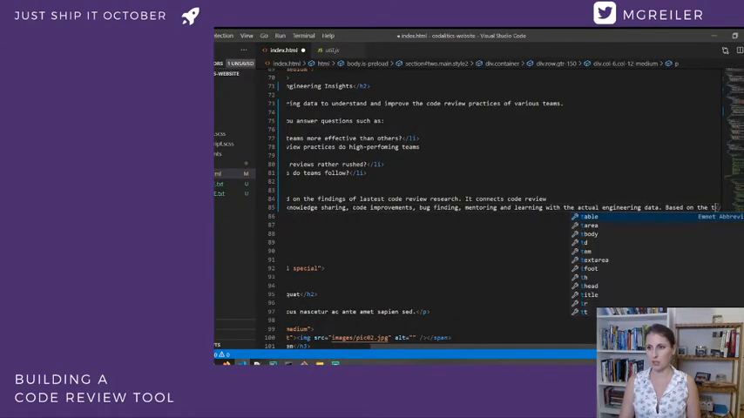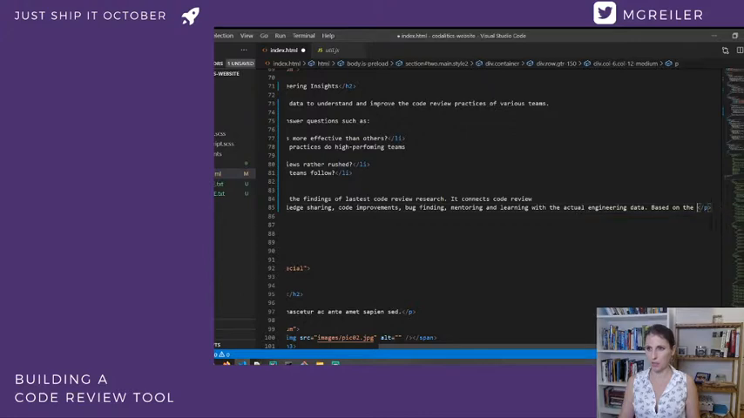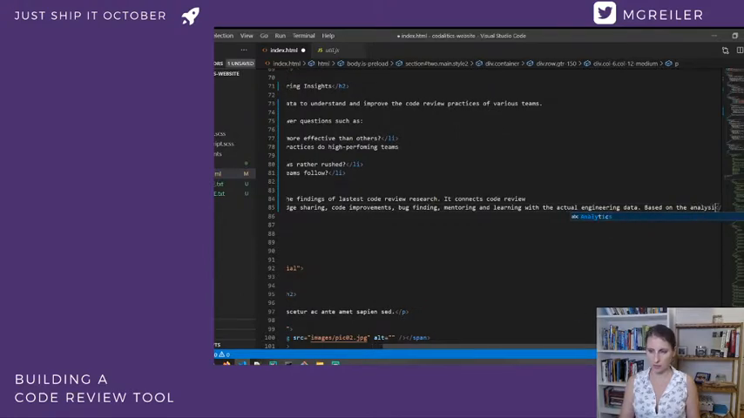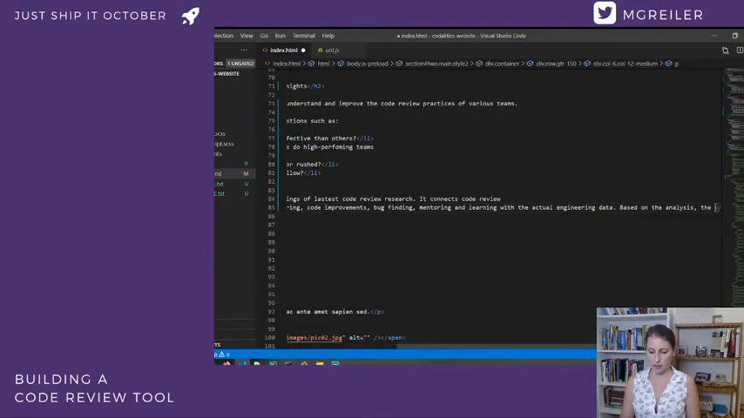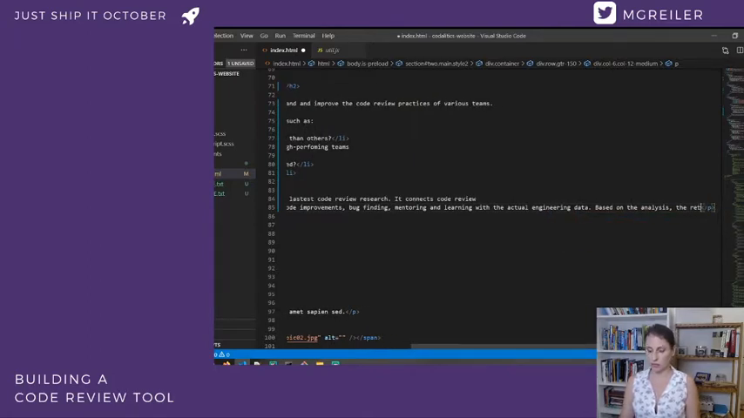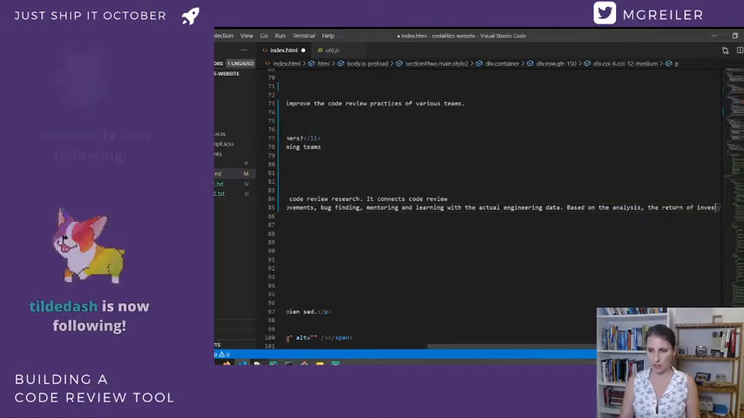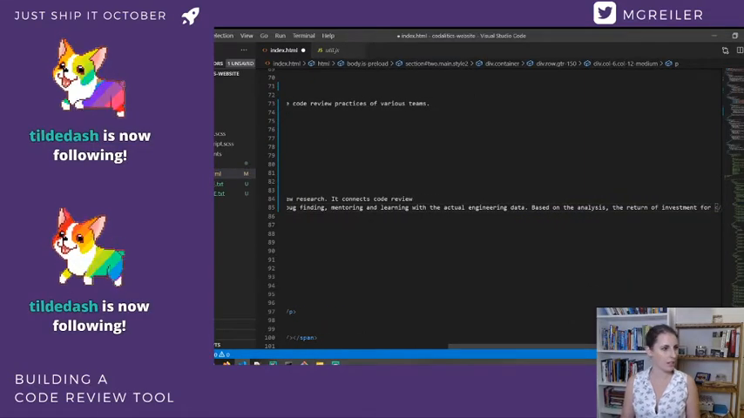Based on the analysis, the return of investment for